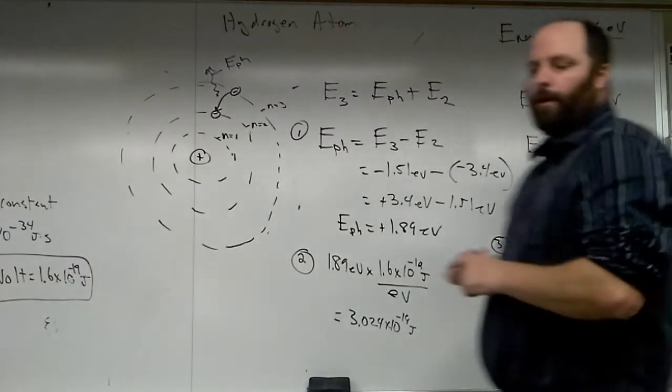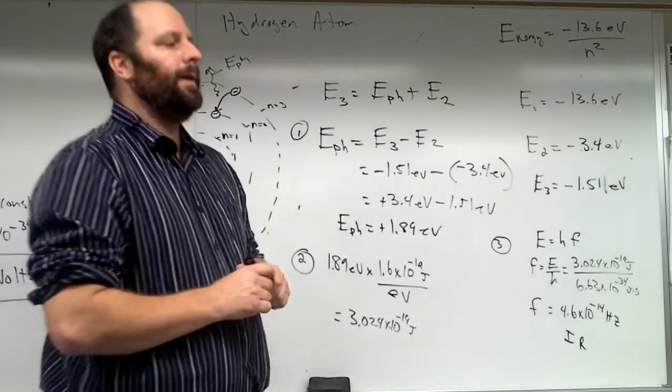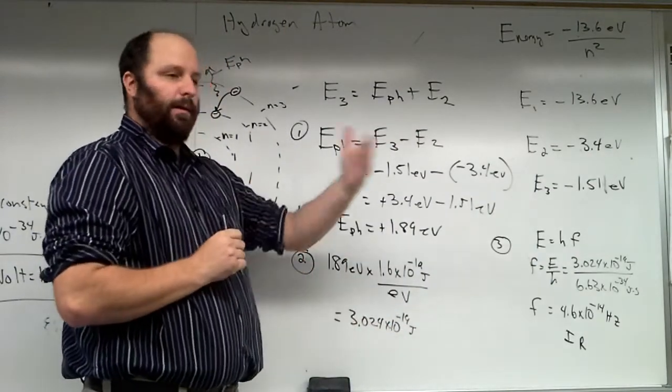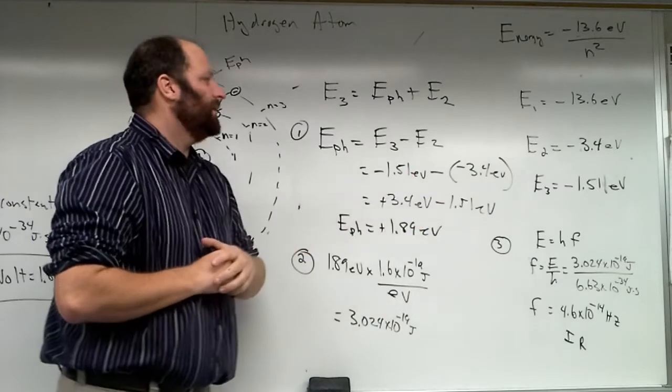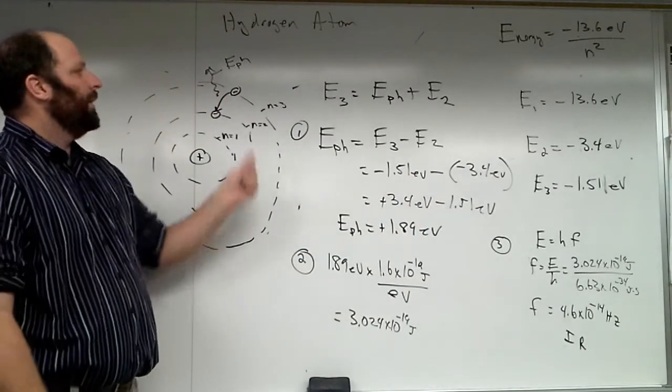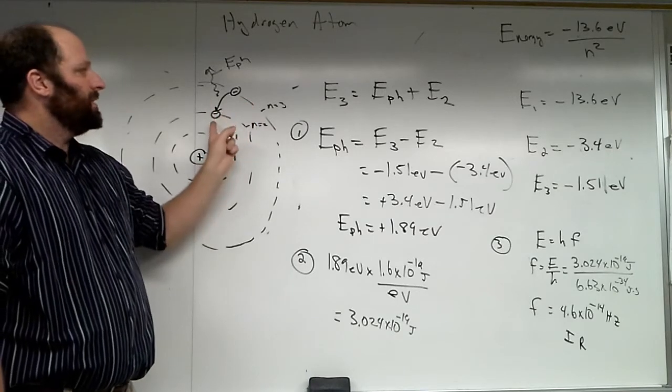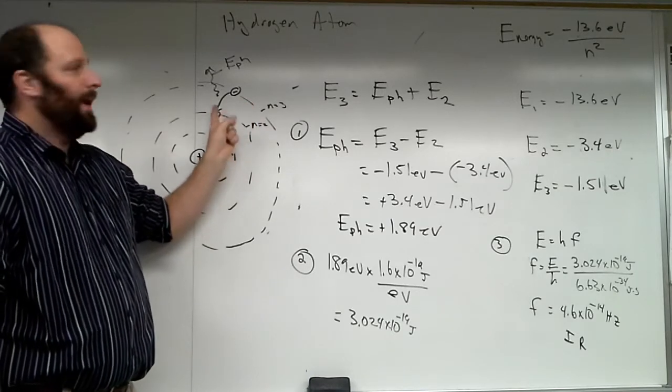Folks, I'm going to walk through another example here of calculating the frequency of the photon that's been given up by a hydrogen atom as the electron moves down in energy level. In the example that we're going to go over, this electron is going to start at the n equals 3 orbit, and it's going to end up at the n equals 2 orbit, and it's going to give up